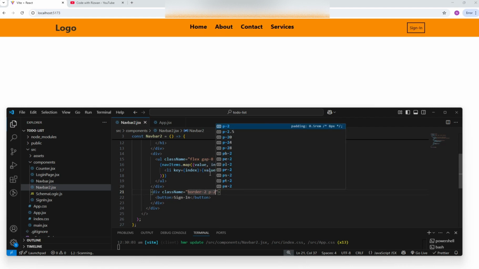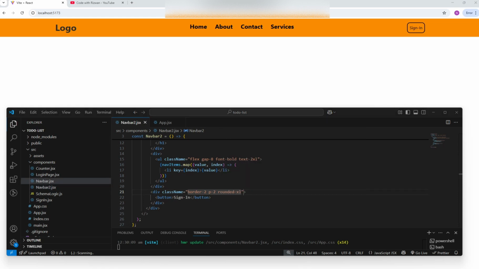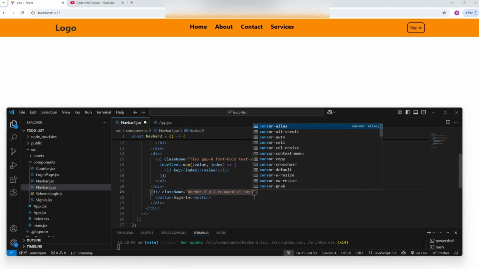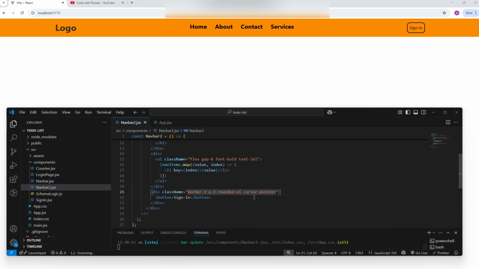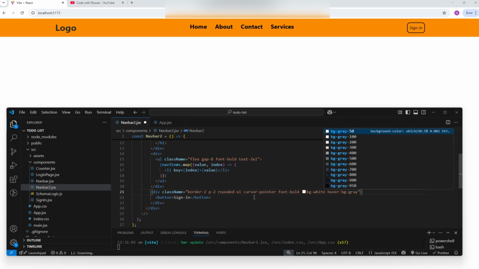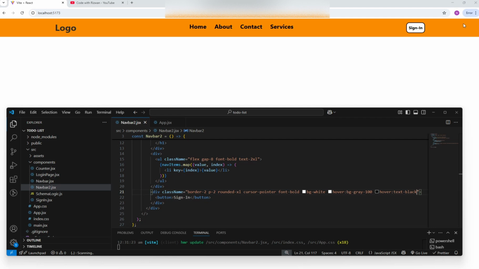Border of 2 and padding of 2, rounded xl, font bold and bg white, hover effect bg gray 100, hover text black, and